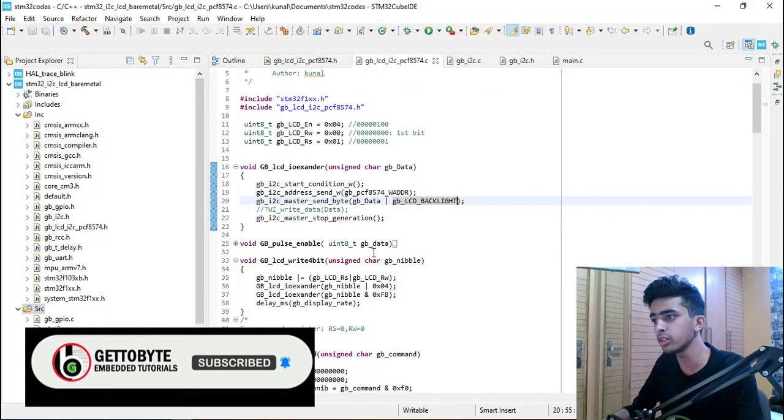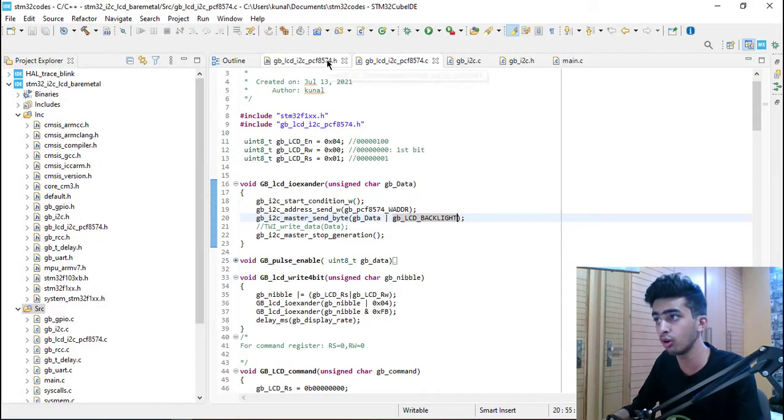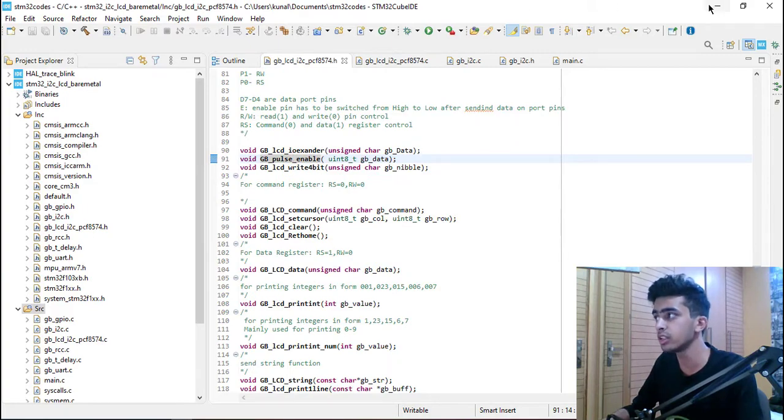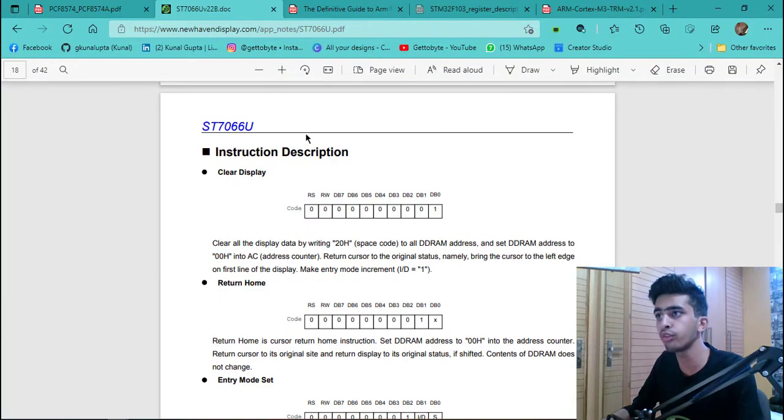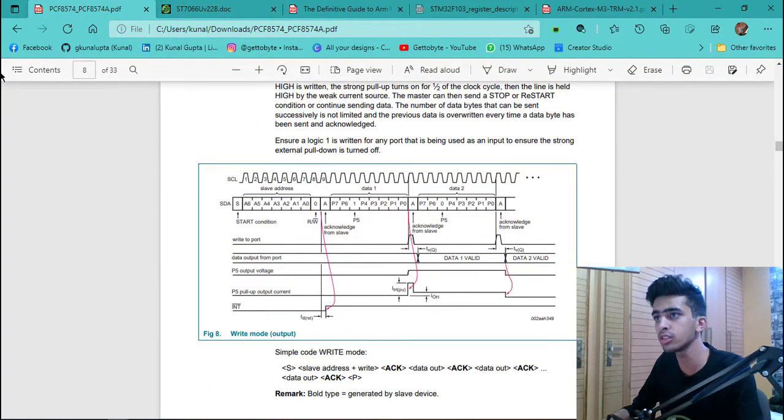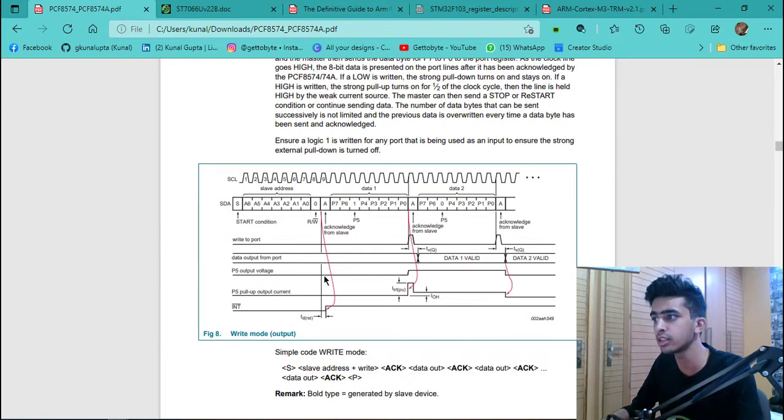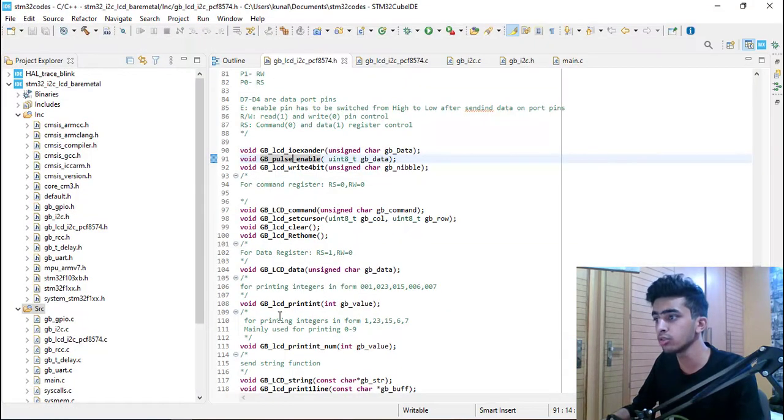In the code in this video, I am not going into detail about these LCD screen commands and the whole functioning of the LCD screen datasheet. I will be directly focusing on this I2C module and how to send commands for interacting with the LCD screen module. Okay, so now let's start.